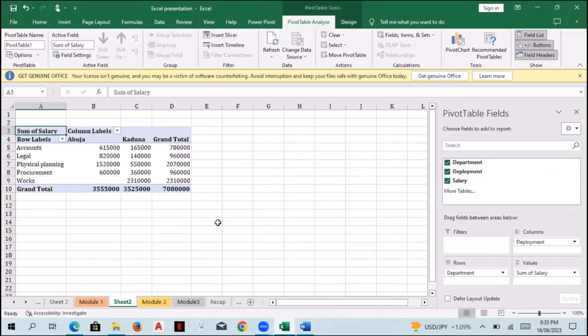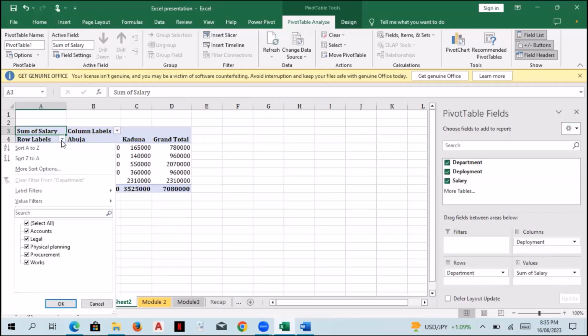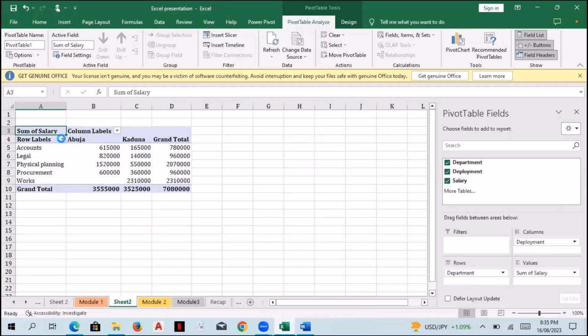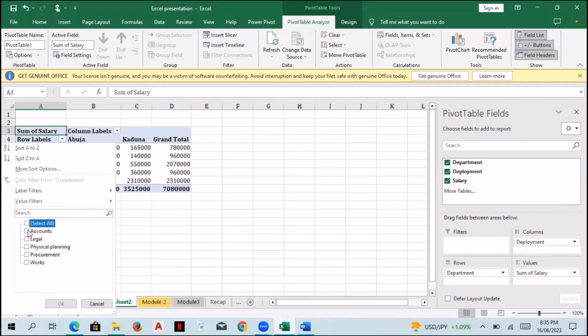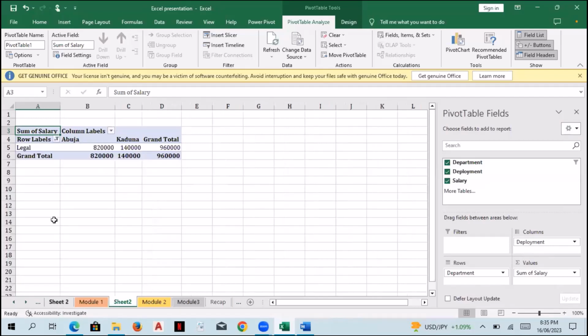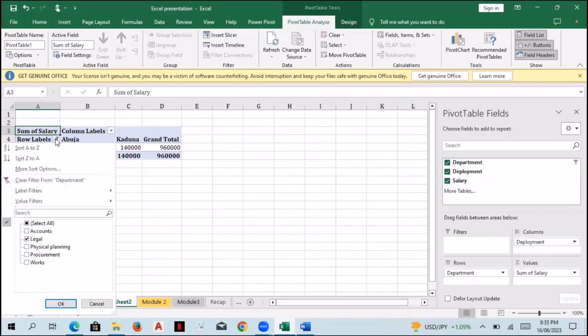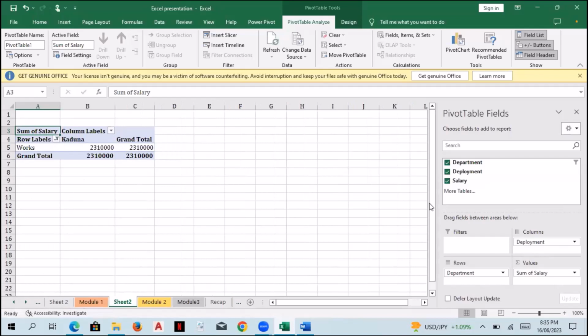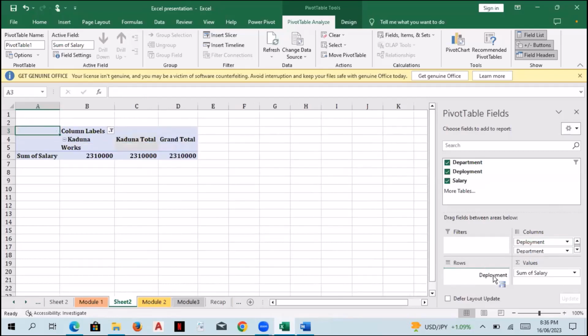So this is just basically a pivot chart. By clicking on this drop down here, we can make adjustments by selecting whether we want to only see the amount for legal department, or see the amount for procurement department, or the amount for works and procurement, and so on. We can also decide to interchange this department and deployment by bringing this department here and bringing this deployment